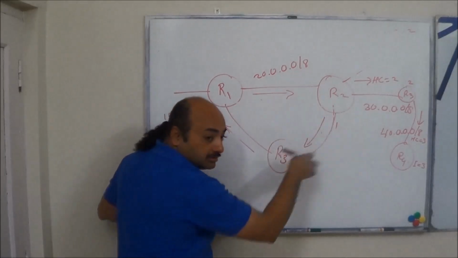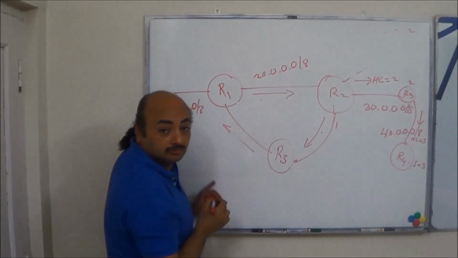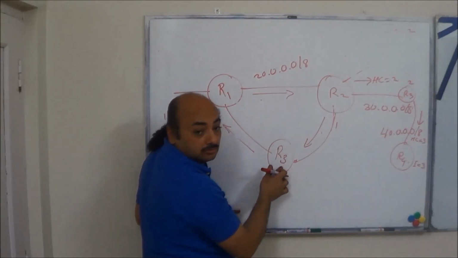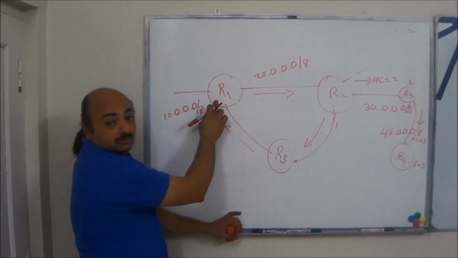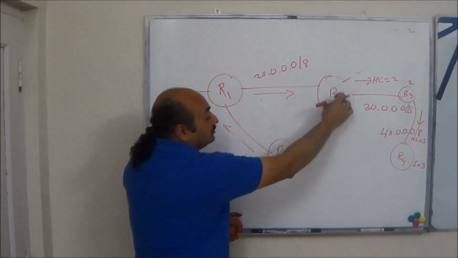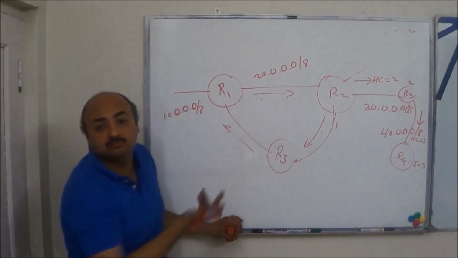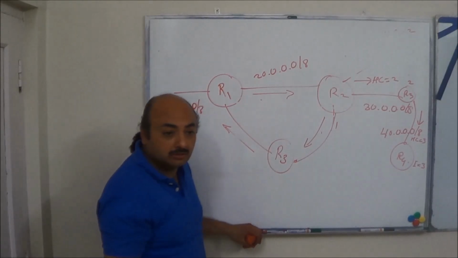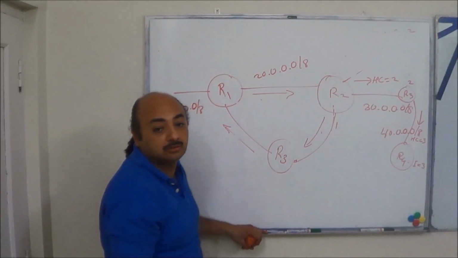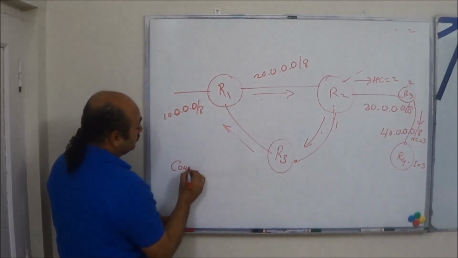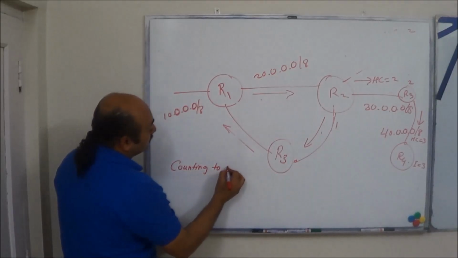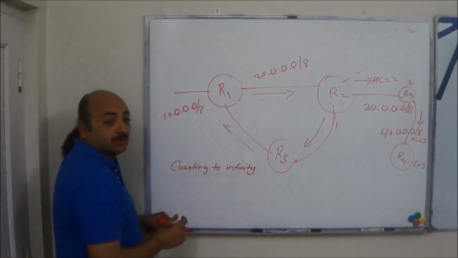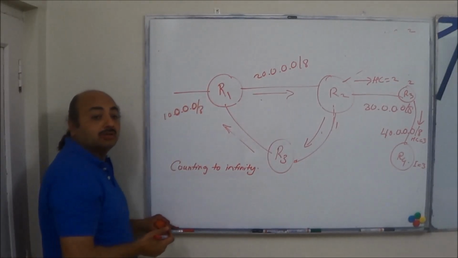Here, what happens is this router advertises with a hop count of 1, the next advertises 2, R3 advertises 3, then 4, 5, 6, and this will continue to 50, and then the loop will break. Maximum hop count will be 50. This is known as counting to infinity. So, in RIP, another question: what is infinity?